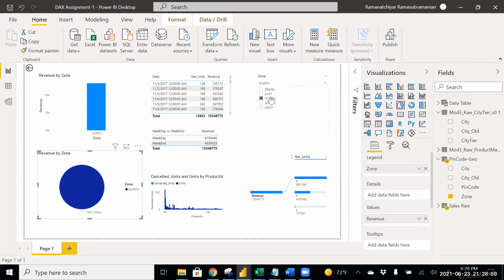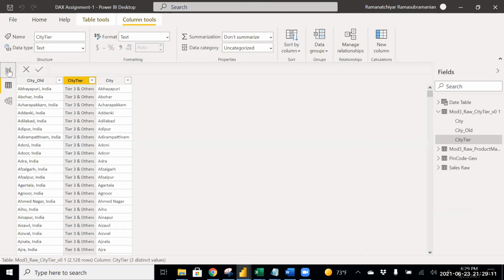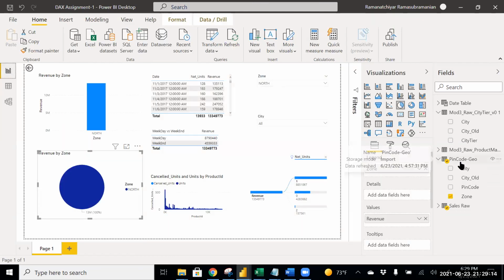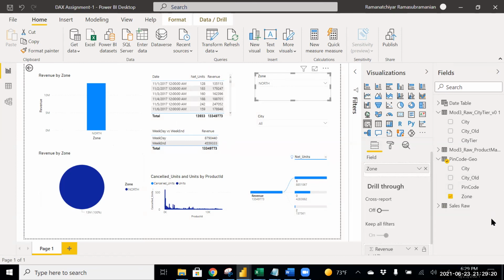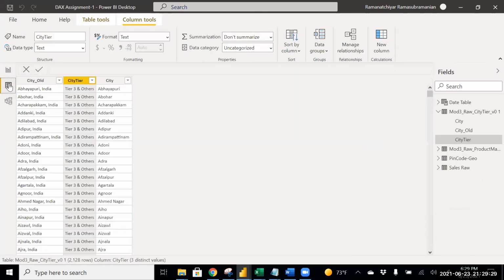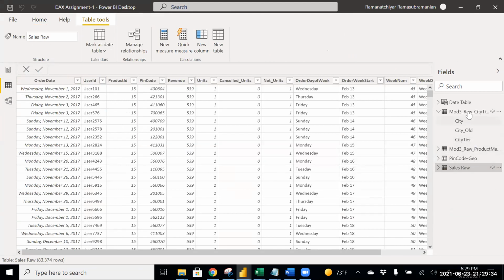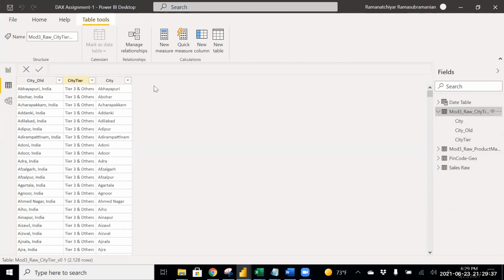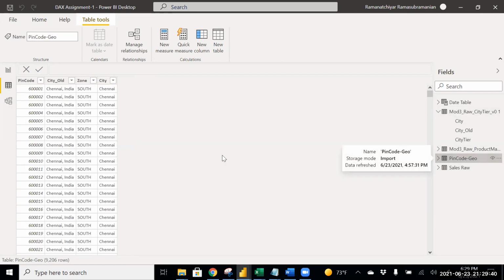I think you made the change in some other table, not in the zone, because there was no null in the zone table. No, there is. You have created the zone from the pin code geo table. So you changed city tier, but you have to delete the records from the pin code geo table. Yes, correct. I did it in both. I can delete in tier 2, because there was a blank, so I deleted it. But in geocode, I could not delete the blank.